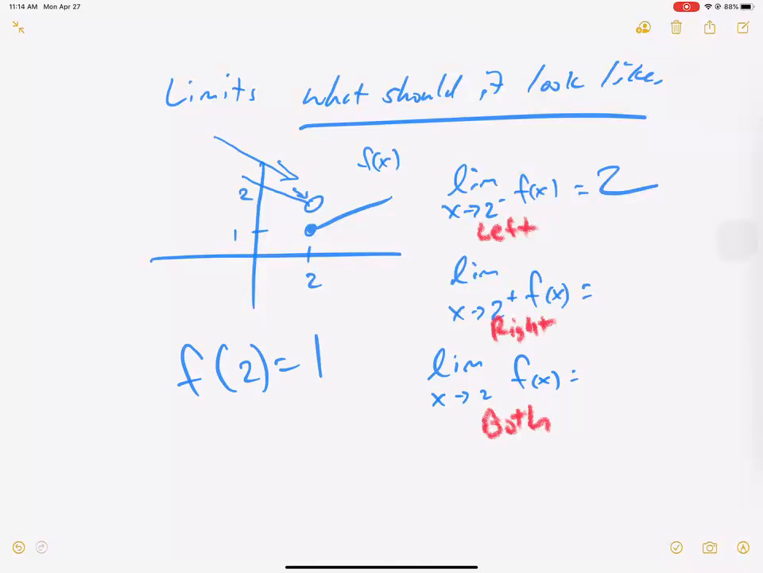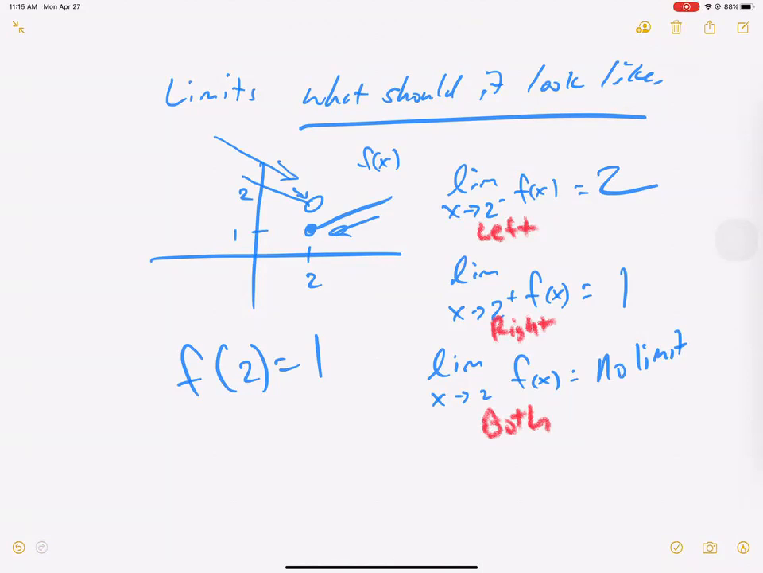From the right side, approaching from the right, that looks like a 1. Now, do both left and right side agree? Can we say we know what this limit looks like from the left and right? Answer is no, so we have no limit, or does not exist. Now, that's of course if you have a graph. Today, what we're going to do, we're going to look at limits just algebraically, looking at the function, and we're